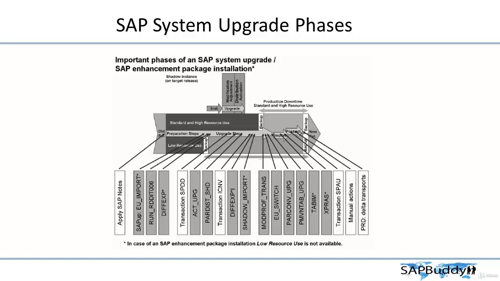The next step will be shadow import. Then you will import the new tables into the productive systems. Till this time you do not have any problems because this is a new import, new tables which are just imported, which are not used still at this time. Then from here only you will start the downtime of the system. So till this time you do not need to bring the system down. Okay, from here only you need to bring the system down, because so far whatever you have done is done